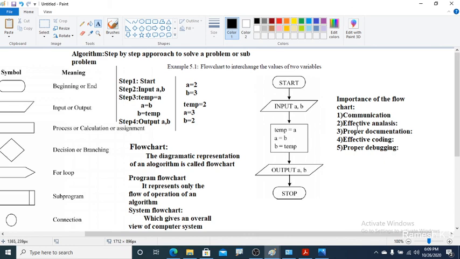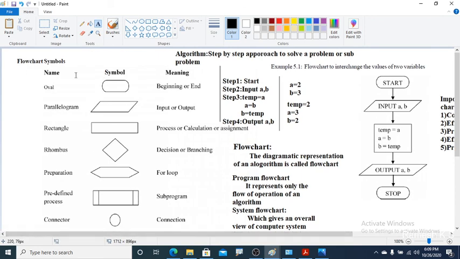Each and every explanation I have explained to you. I also explained the flowchart symbols, the different symbols used in flowcharts. The most important question they may ask you is to write the different symbols used in a flowchart. So you can write these symbols and their explanation, and you can also give this example for a better explanation.